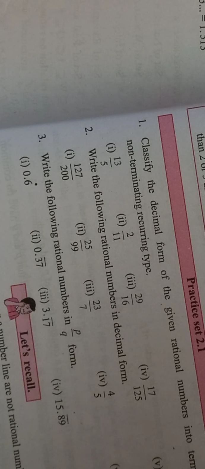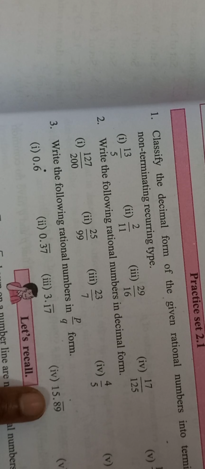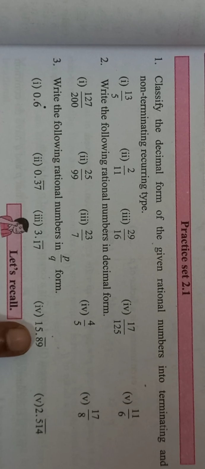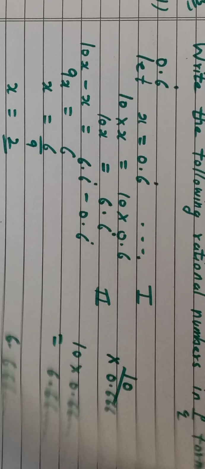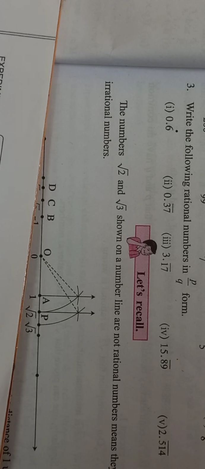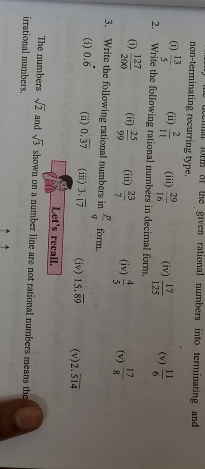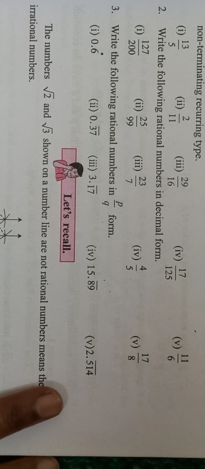So the sums are not at all difficult. For this also you do the same. Here 89 is there, for the third example. So again the same thing, multiply by 100 here also. And for the fifth one, there is 514, 514, so you multiply by 1000 and get the answer. Should we do the fifth example, or can you do it? 514 means multiply by 1000. That is not at all difficult. So we can complete this exercise. Just multiply by 1000 and get your answer.